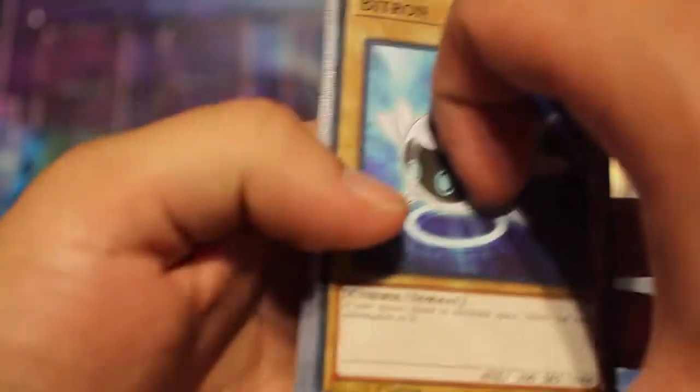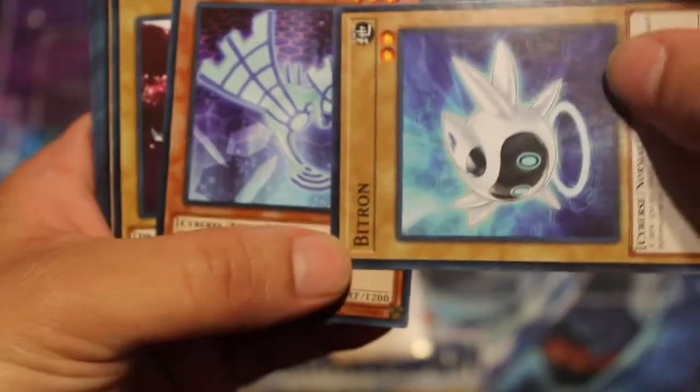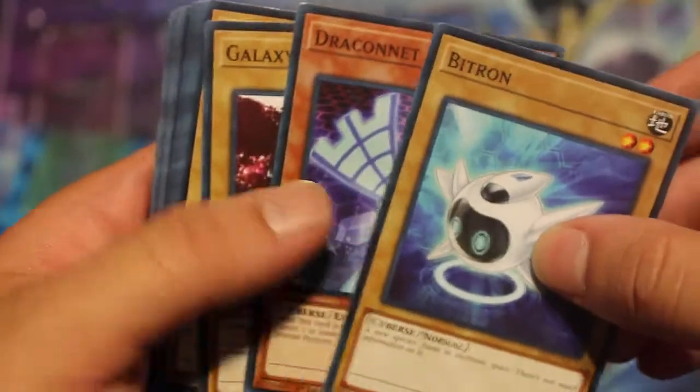Well, I mean, you only have 3 options so far, but that would be like an easy combo: Draconit, Bitron, and then you can Link Summon. So just to give you an example of how this deck is supposed to function,